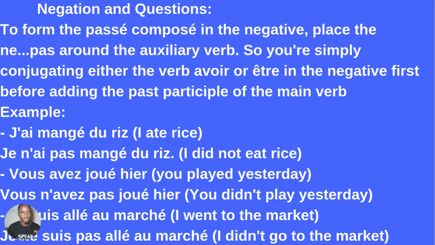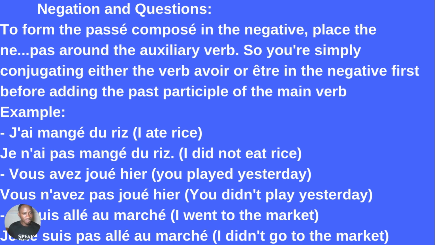For example, j'ai mangé du riz means I ate rice. So how do you say I didn't eat rice? It's the same thing as saying I don't have. Conjugate the verb avoir first in the negative. All right. So je n'ai pas, you can see the je n'ai between the ne and the pas, because je n'ai pas mangé, I didn't eat or have not eaten. Vous avez joué